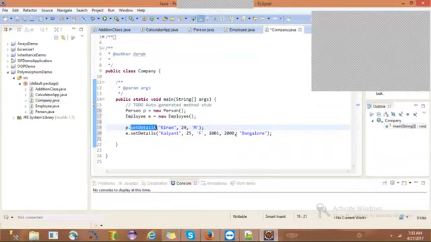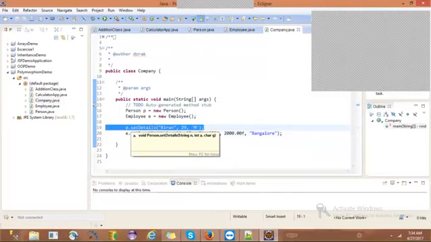Okay, from this method call, which copy of the set details method will be executed in this highlighted statement?